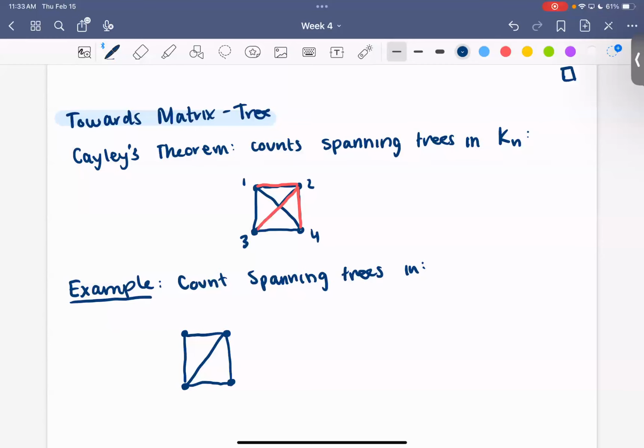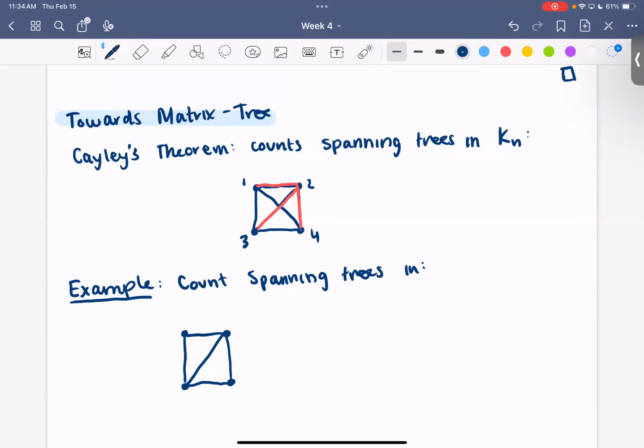Okay, so where are we going? From now until the end of today, and maybe spilling into the beginning of next class, I'm going to talk about deletion and contraction, which gives a recursive way to count trees, and then we'll go full on into the matrix tree theorem. This deletion-contraction stuff comes up pretty often when trying to